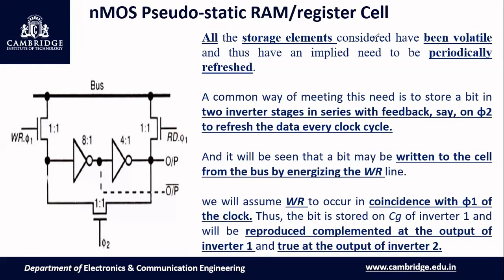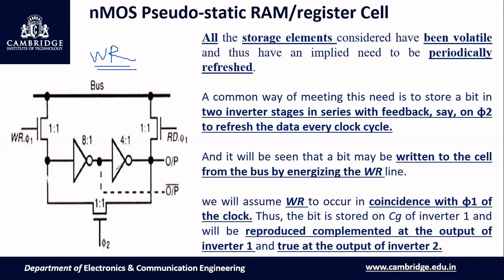So last class I had explained this circuit. So I'll just try to brief. Here you know that we can perform three operations: a write operation, a read operation, and a refresh operation. Fine. So first, if we want to perform a write operation, we'll see what we have to do. WR stands for write operation.